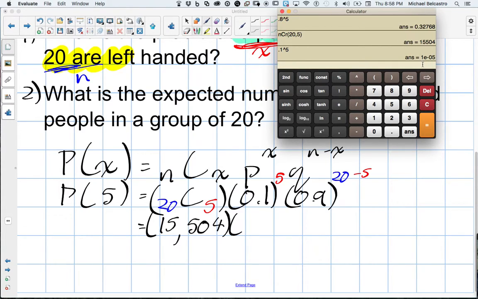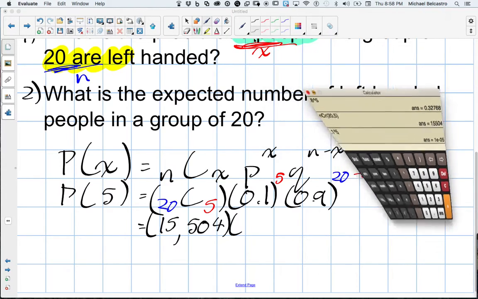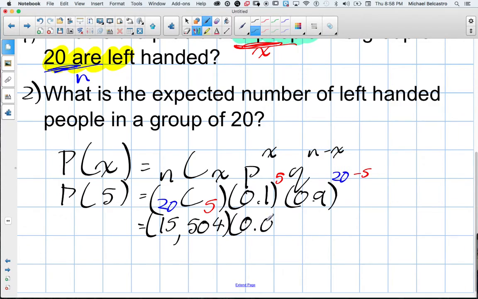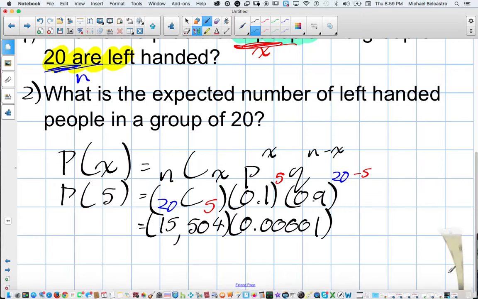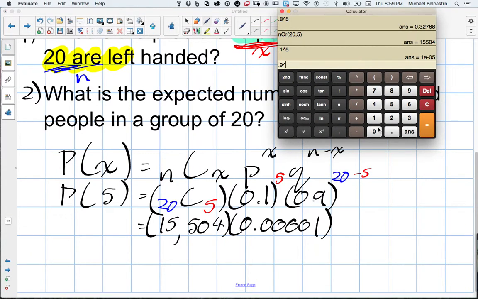What that means is a decimal with 4 zeros followed by a 1. I know it only writes it in that way, I'll have to fix that after. But what that means is 0.00001. 1, 2, 3, 4. 1, 2, 3, 4, 5. Yes, that's correct. So that's the probability of successes. And of failures here, we're looking at 0.9 to the power of 15. So 0.9 to the power of 15 equals